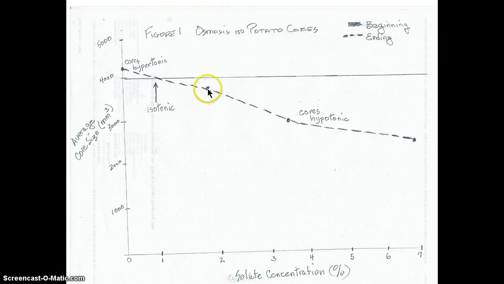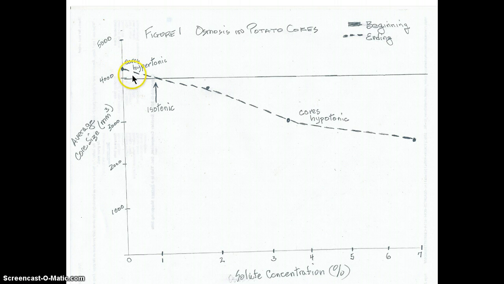The cores in the 1.75% solution, the 3.5% solution, and the 7% solution all decreased in size. The cores, remember, were hypotonic in relation to the hypertonic environment that they were in. Well, when this is graphed,